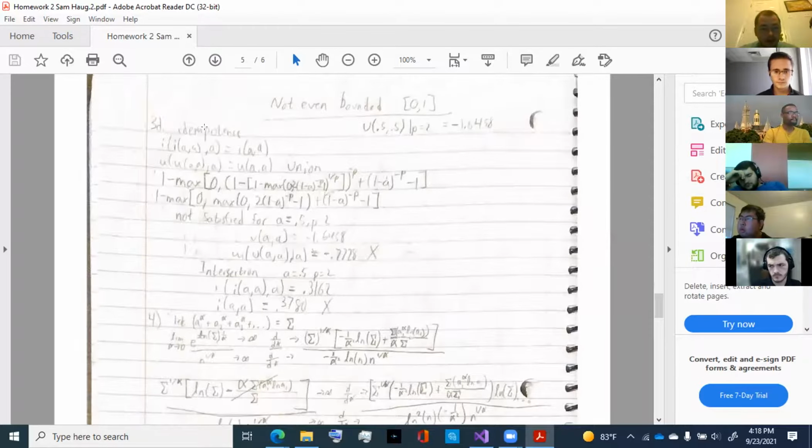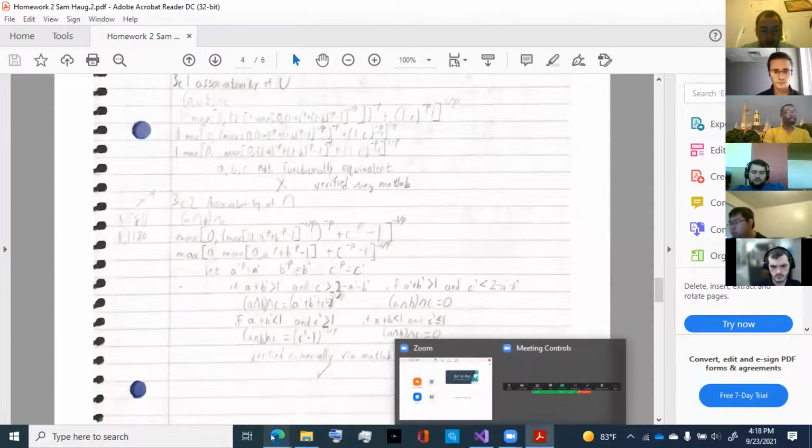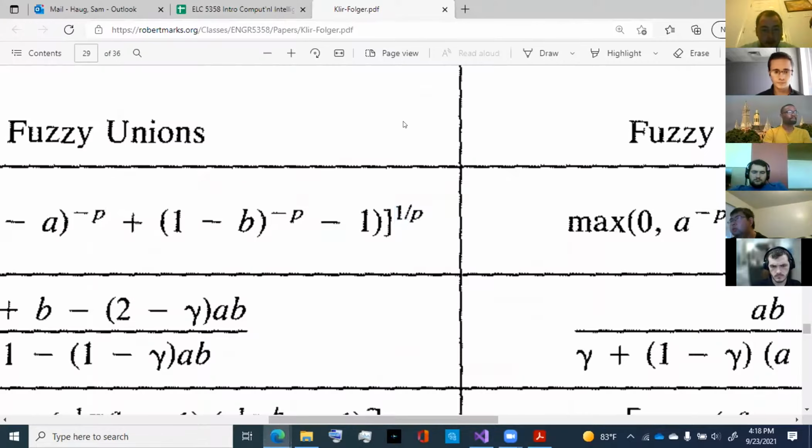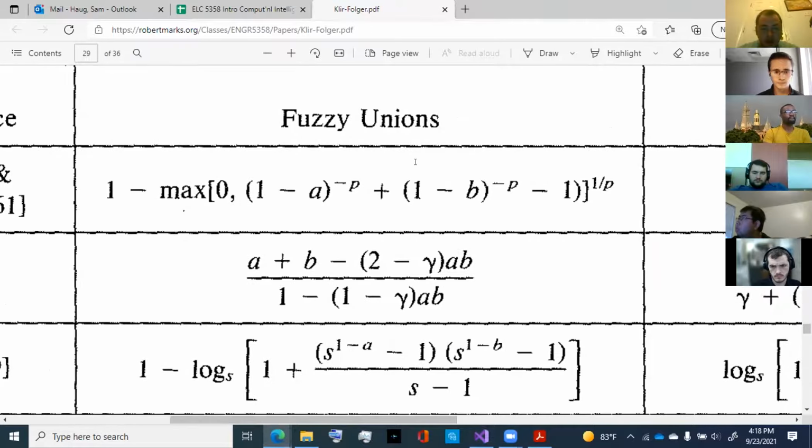The union is not even bounded. So let me bring up the equation for it, because I know what you're thinking, maybe you misread it. Yeah, I wonder if that's a misprint in Klir and Folger. Yeah, I think it is. So here, this is the fuzzy union for Schweizer and Sklar. If this 1 over p power was a negative, it would be bounded between 0 and 1, but